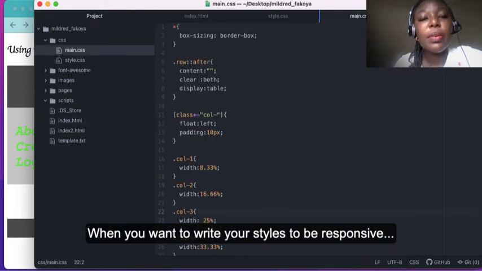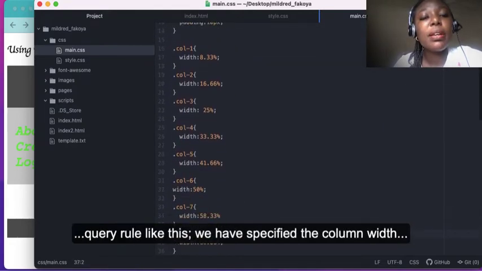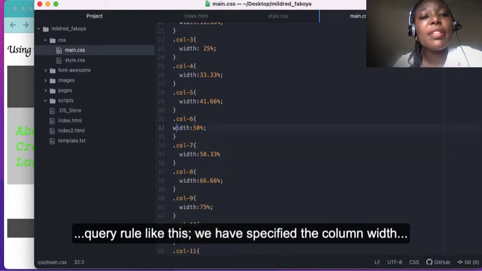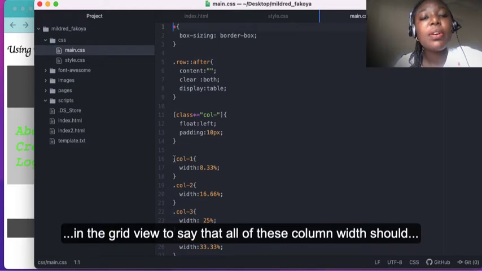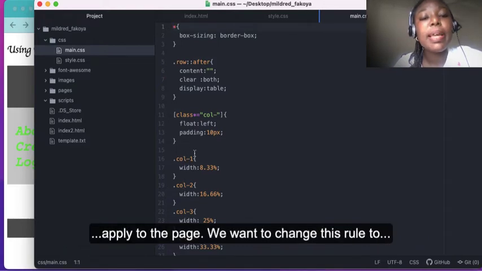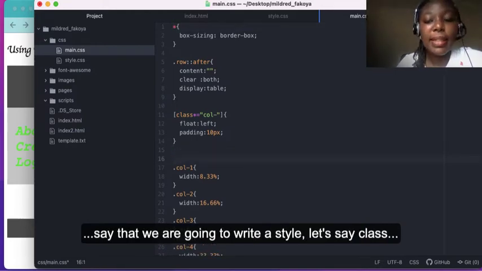When you want to write your styles to be responsive, or you want to adopt the mobile first design, we use the media query rule like this. We have specified the column width in the grid view to say that all of these column widths should apply to the page. We want to change this rule to say we are going to write the style, let's say